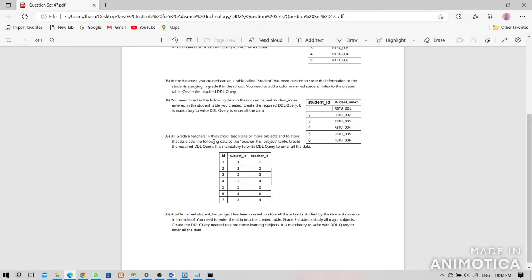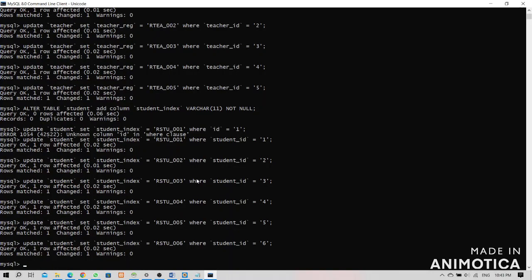All the grade 9 teachers in the school teach one or more subjects, and store that data in the teacher has subject table. Create the required DML query to enter all the data. Now we have to add these. You can write